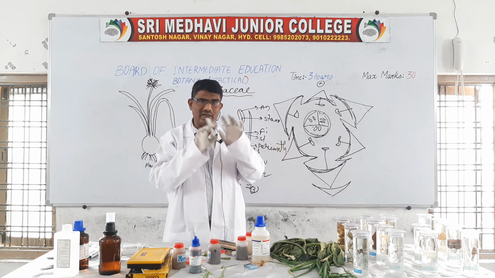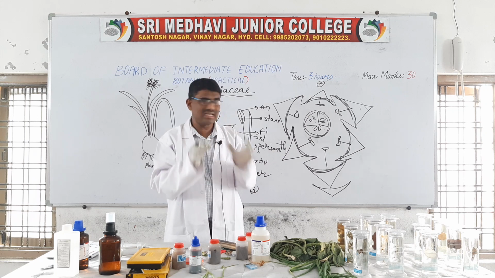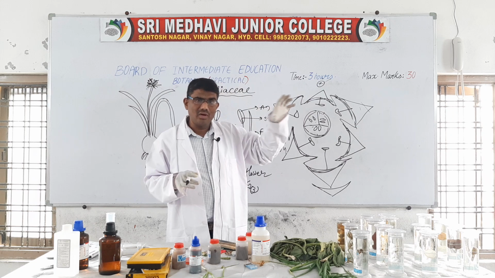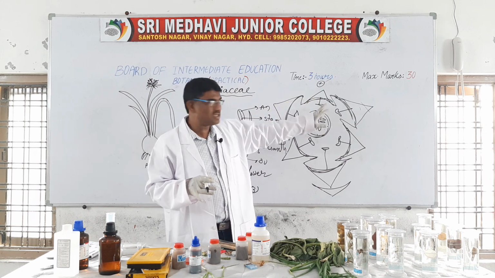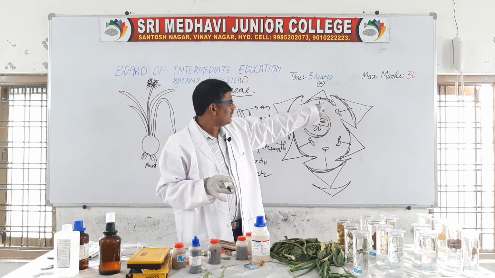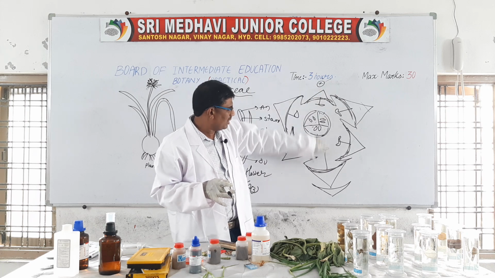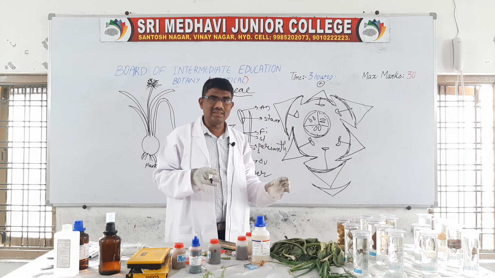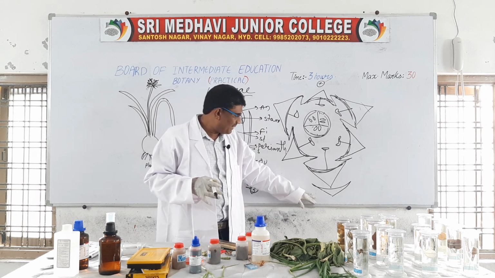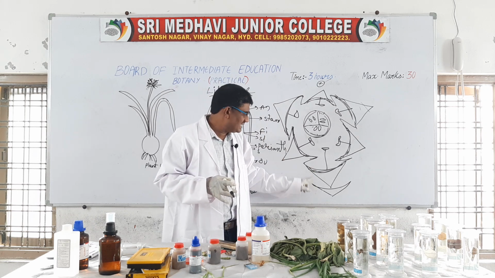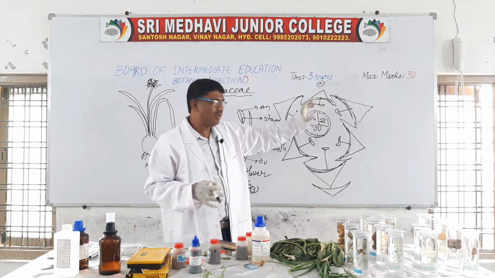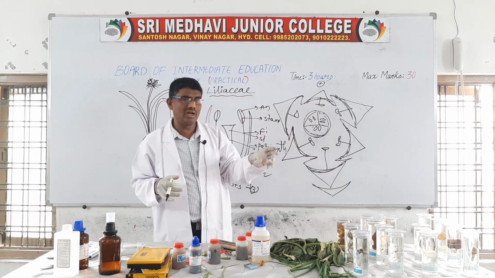Why you draw the floral diagram in the examination, you have to observe this. 3 in the outer whorl, 3 in the inner. For the NEET examination also, this is very, very important. The posterior side has the inner whorl, the anterior side the outer whorl. The odd tepal in the outer whorl is on the bract side, and in the inner whorl the odd one is on the mother axis side. You have to follow that.